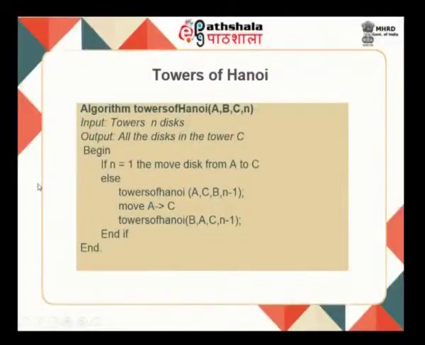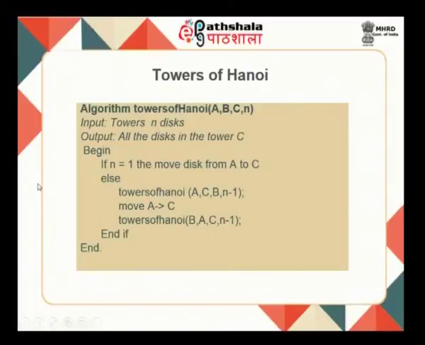So, we can think recursively for solving this problem. Move all n minus 1 disks to the intermediate peg, then move the larger disk to the target C, and then think about how to move the n minus 1 disks from the intermediate one to the target. This is how the algorithm looks like. You can see exactly why recursive algorithms are chosen for this.